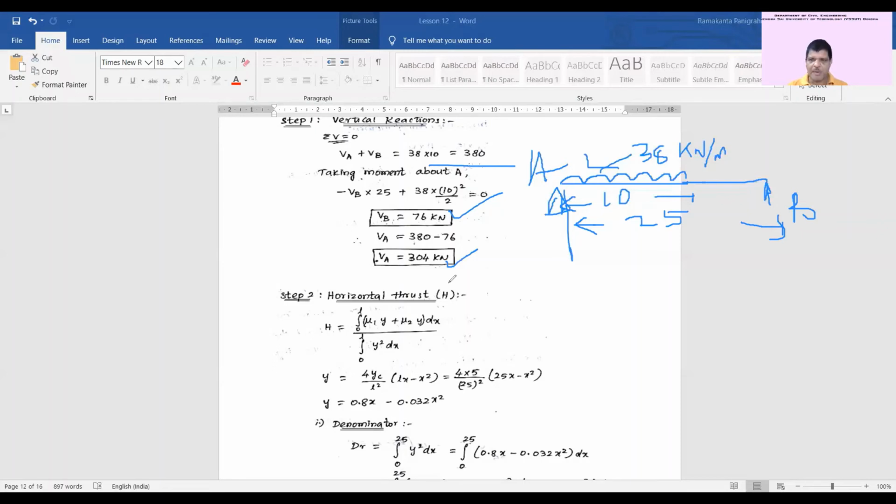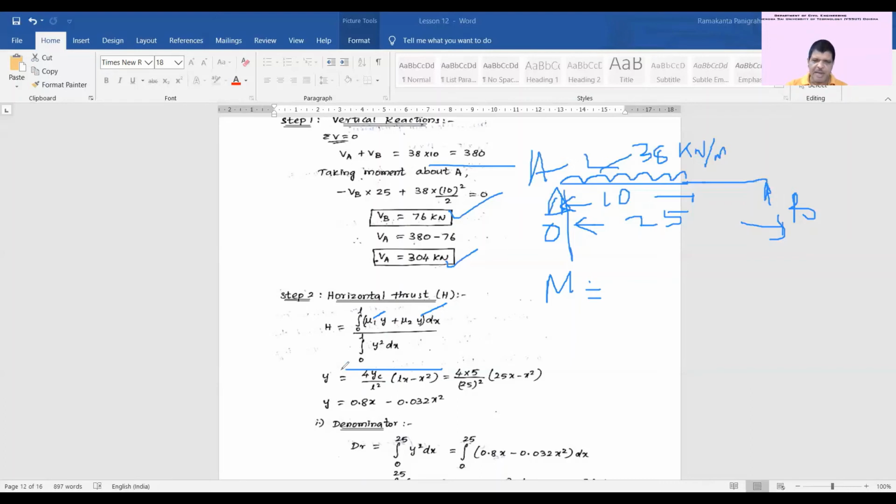And like the similar problem here, we can find the bending moment in two parts. One part is 0 to 10. Second part will be 10 to 25. So there will be two parts, 0 to 10 and 10 to 25. So that is why M1 into y, M2 into y by y square dx. So the moment is divided into two parts. In place of M, it has taken Mu1. So you can take any value M1, M2, Mu.